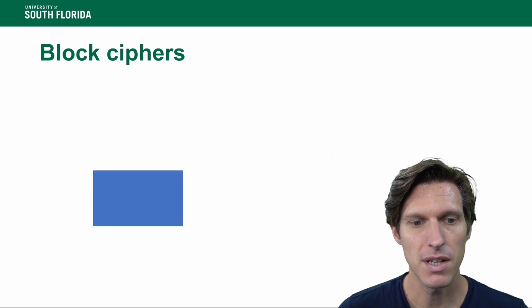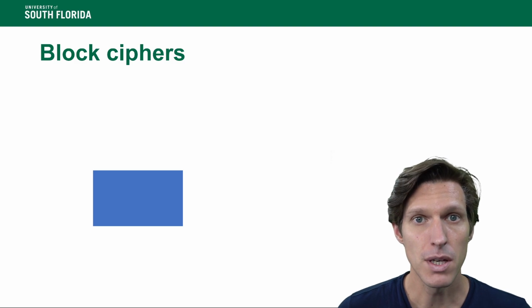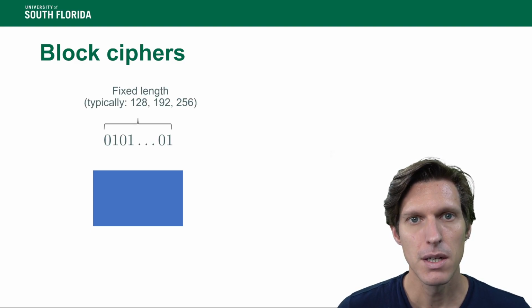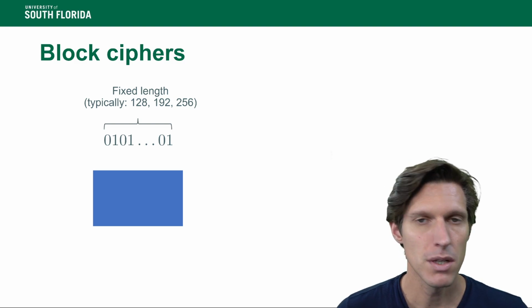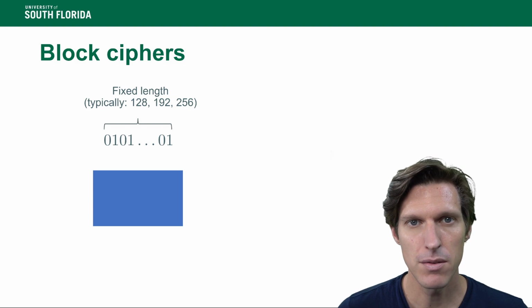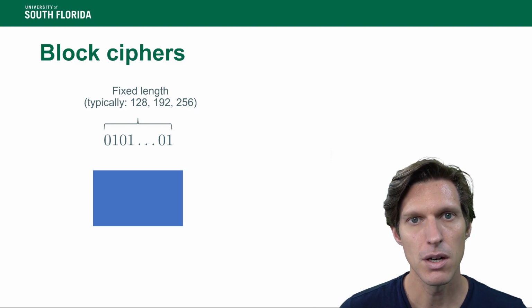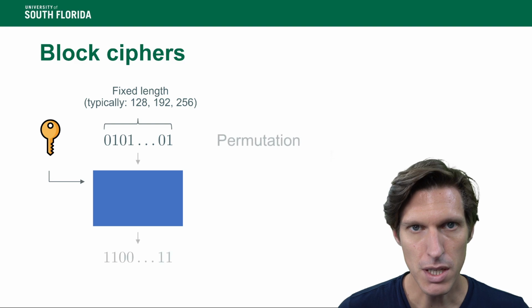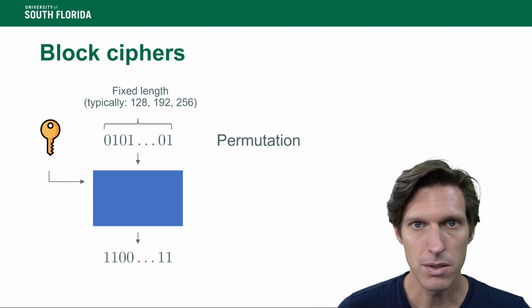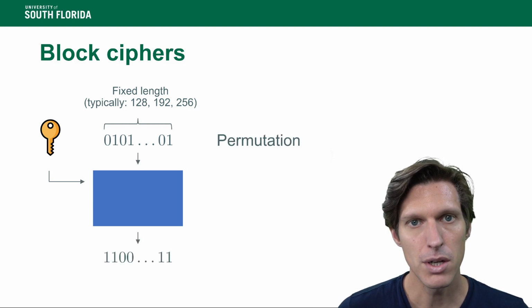So what's a block cipher? It acts on blocks of data of fixed length. So for example, a block of 128 bits. That's a typical length of the bit strings that is dealt with by a block cipher. So a block cipher can only take a chunk of a predetermined length of message. And it uses a key and it spits out another block of the same length, and it acts as a